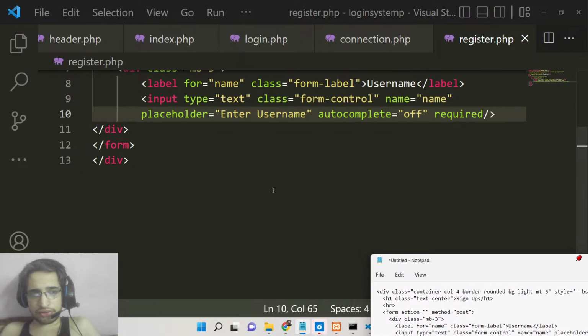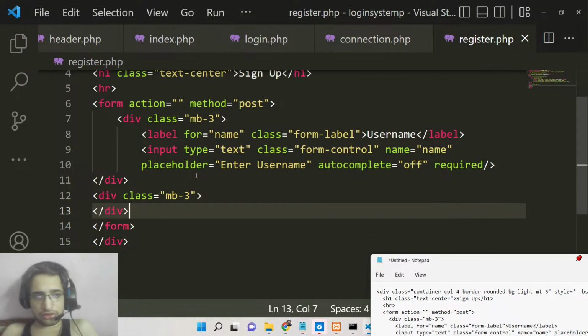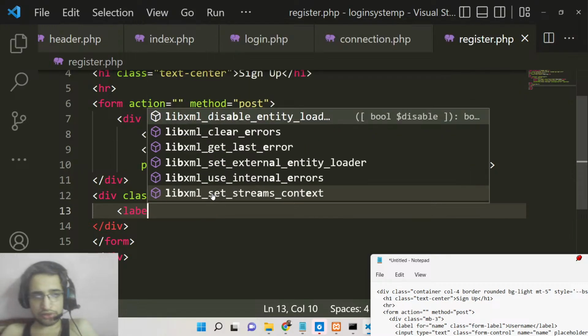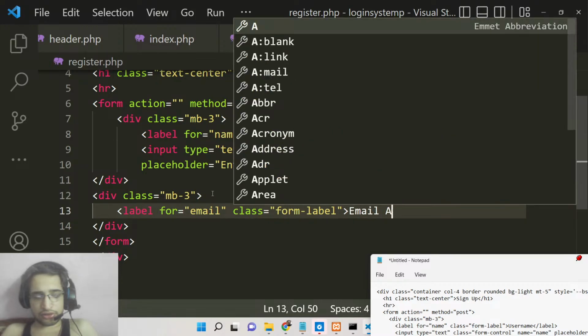And similarly guys, we will do it for the other fields as well. We will have another div tag, mb-3, margin bottom 3. Inside this we will again have a simple label, basically for the email address, and class we will once again give it a form-label. This will be for email address,